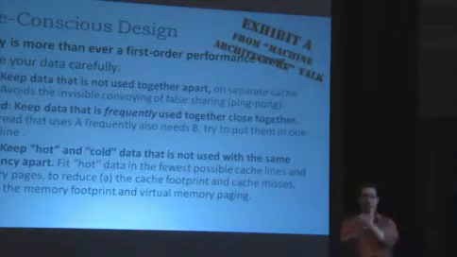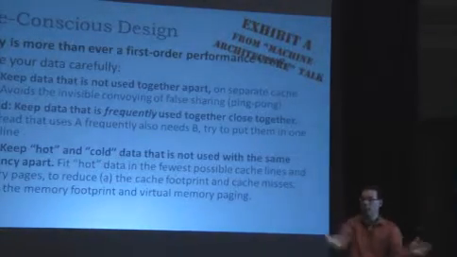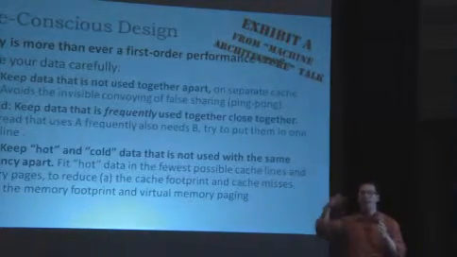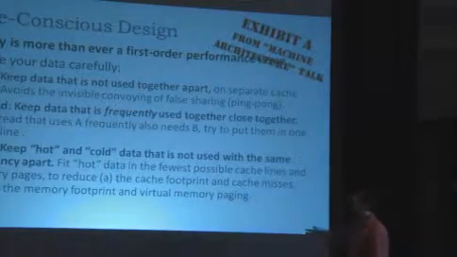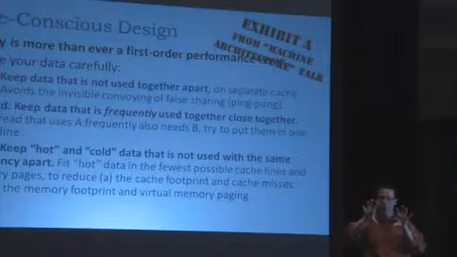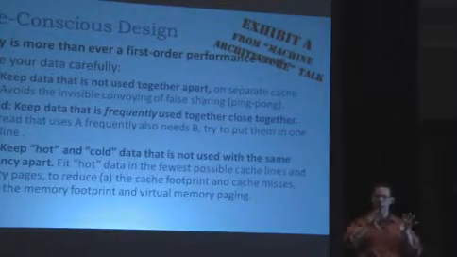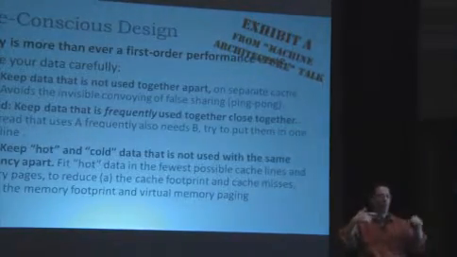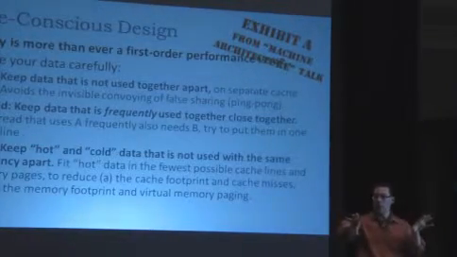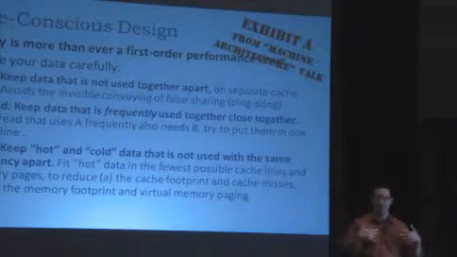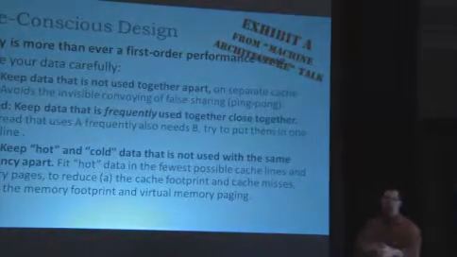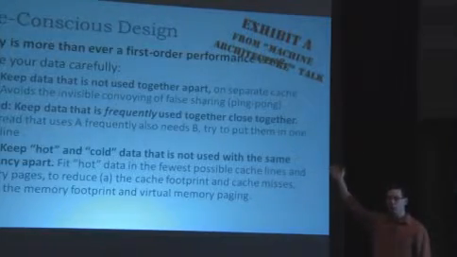So when you ask for a byte, the bytes around it and the cache line you get are also things that are interesting to you rather than just filling up your cache. And you want to keep hot and cold data apart. Even if these two pieces of data are frequently used together, if this one's used 100 times for every one of these, you want to keep them on different cache lines again and different memory pages so that you're not paging in all of this when all you need is this part. How many of us knew nearly all of that already before we got here?